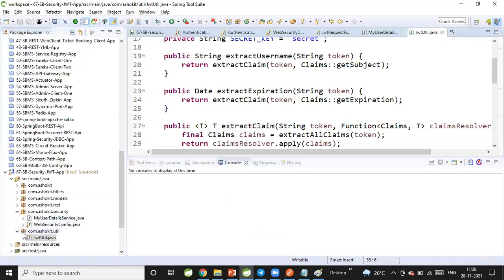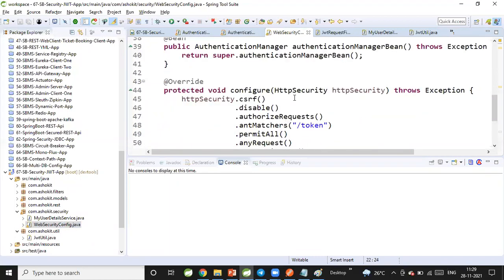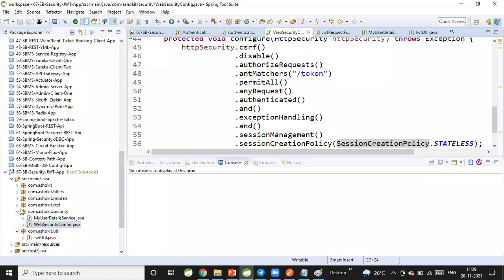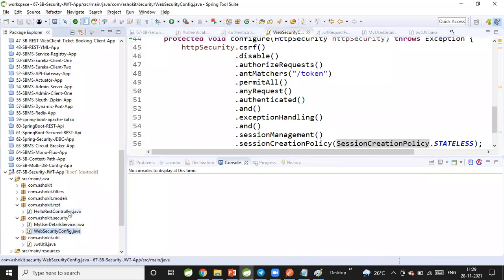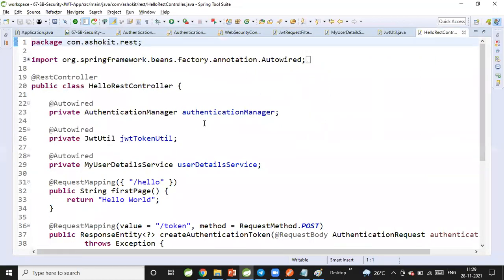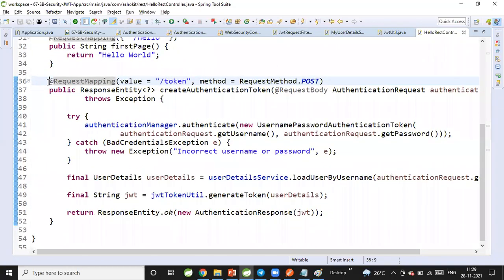Now, here we are having web security config as discussed. Security configuration: which method should be secured, which method should not be secured. That configuration we have done. Now next go to REST controller. In this REST controller.java, we are writing one normal method, which is /hello, and second one is the token method, which is going to generate the token. For generating the token, we are passing username and password.